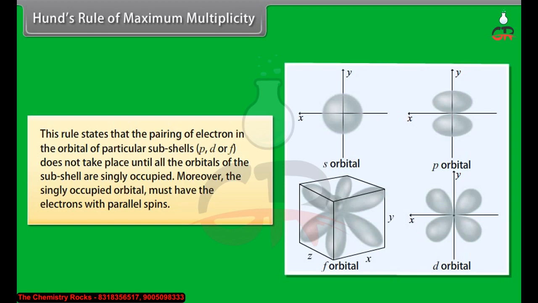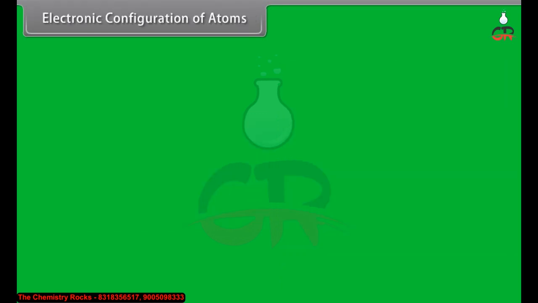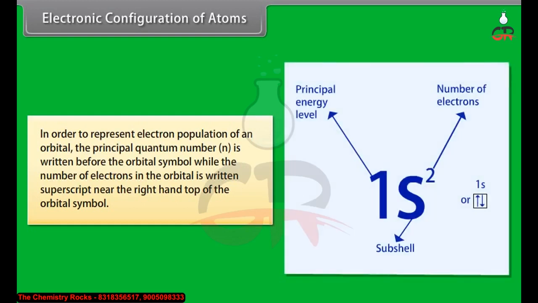Electronic configuration of atoms. In order to represent the electron population of an orbital, the principal quantum number n is written before the orbital symbol, while the number of electrons in the orbital is written as a superscript near the right-hand top of the orbital symbol. If we have two electrons in the s orbital of the first energy level, then it is written as 1s². For hydrogen,